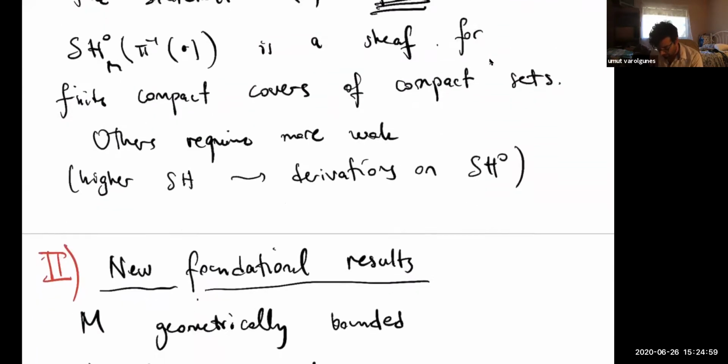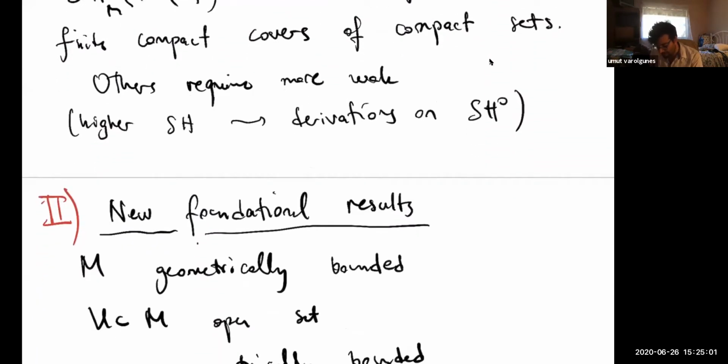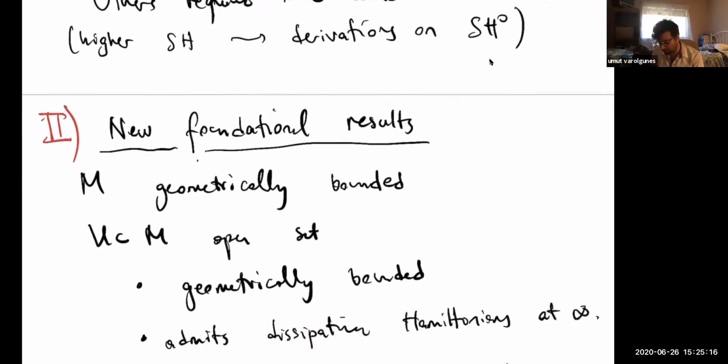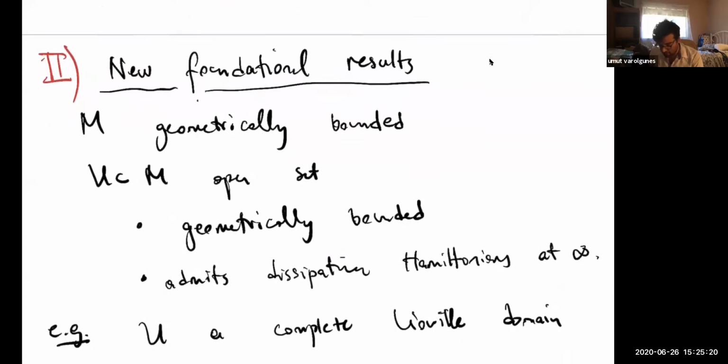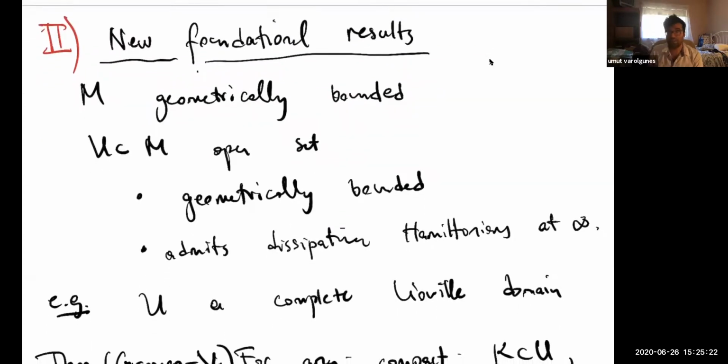Okay, so now if you wanted to talk about higher symplectic cohomology, I do believe that it should follow from this construction that there is a higher SH corresponding to a higher de Rham cohomology type result, but it requires more work. And so maybe I will just skip that comment. Okay, so any questions?